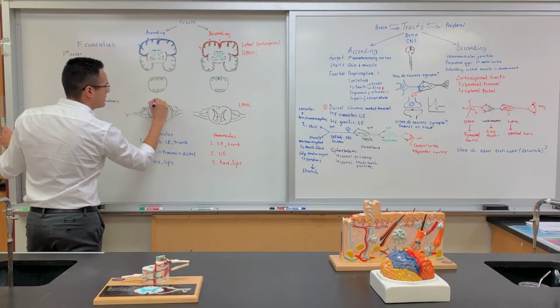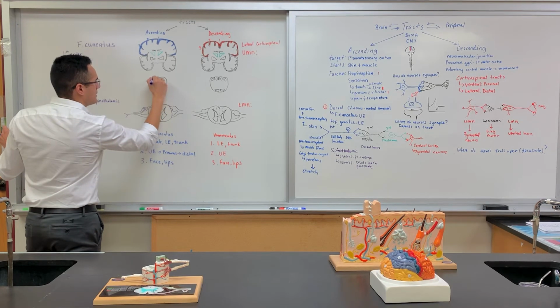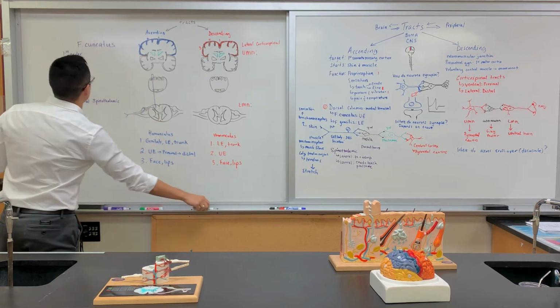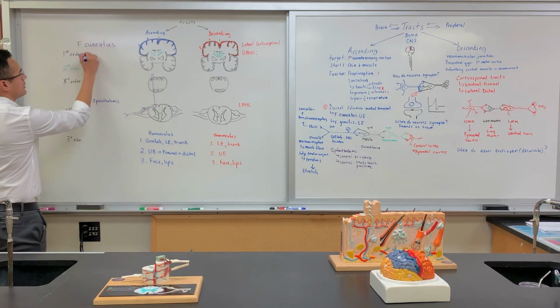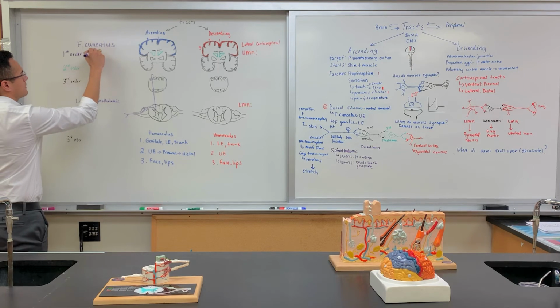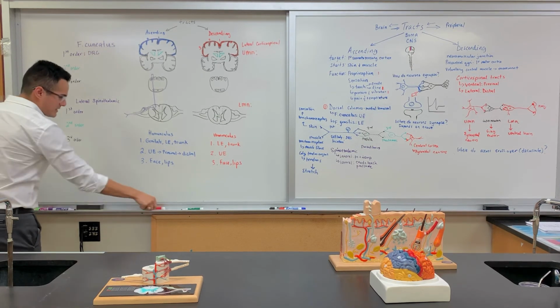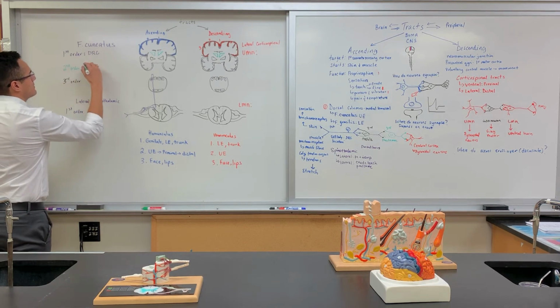So it goes up till it gets to the medulla, and then it's going to synapse here once again at the fasciculus cuneatus, or not the fasciculus cuneatus. So let me write this down real quick. So for the first order, the cell body is found within the DRG, the dorsal root ganglion, and then for the second order neuron, the cell body is found within the nucleus